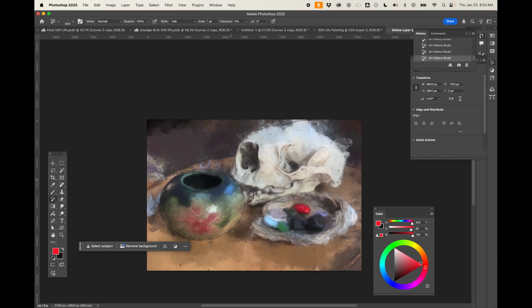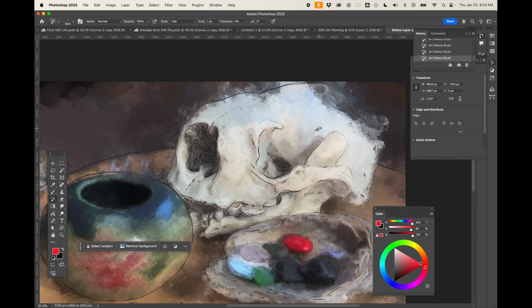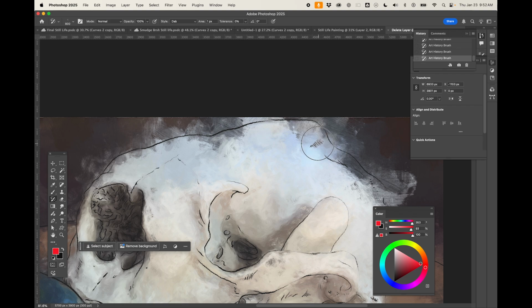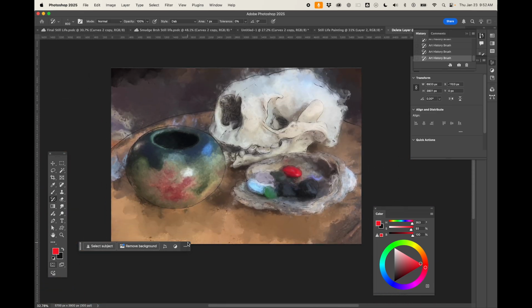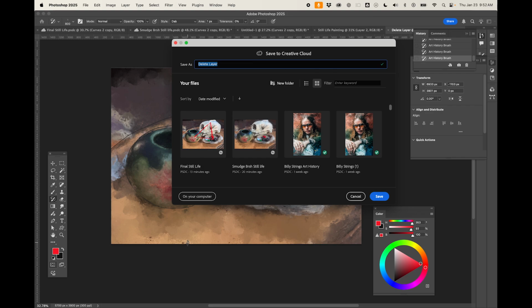And that was all completed in just this one session. I can see some spots that I might want to come back in. Oh yeah, let's bring some of that color of the skull back in here. There we go, we're overlapping there a bit. I like that right there. Go ahead and press Command S and save